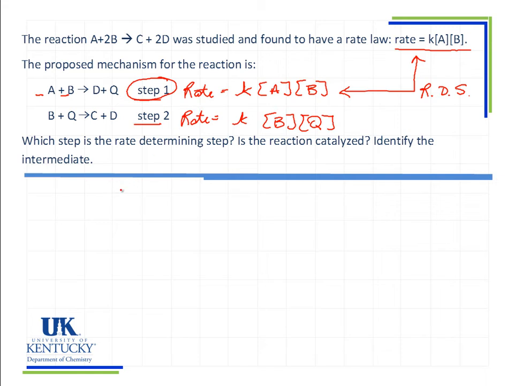The second question asks if the reaction is catalyzed. To be catalyzed, a substance needs to be added to the reaction that gets consumed as a reactant in an early step and later regenerated. As we look at this reaction, we see that Q does cancel out, and that starts out thinking, well, maybe that could be a catalyst. But catalysts are consumed and then later produced. This substance is